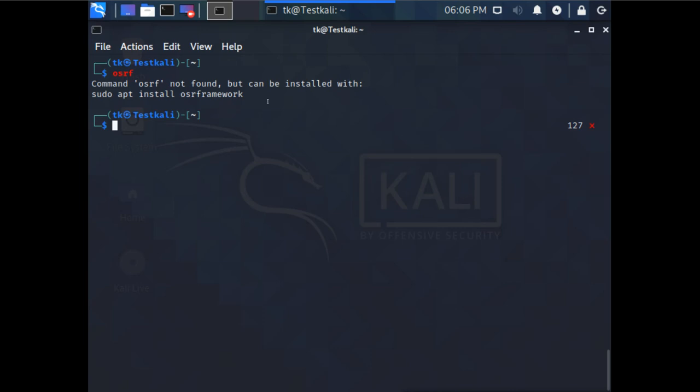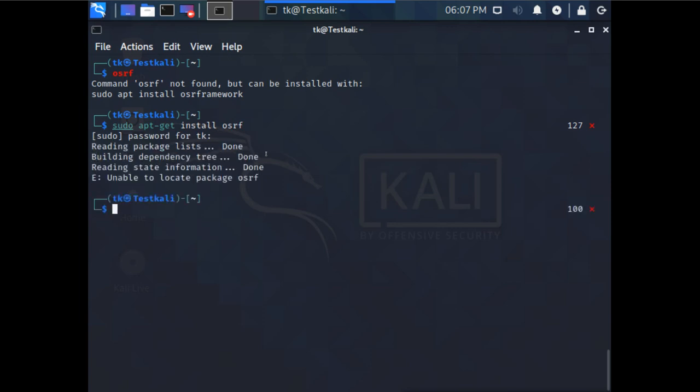If it is not there, then we can install it with sudo apt-get install osrframework. Did it find it?